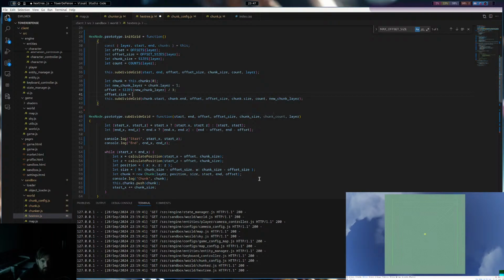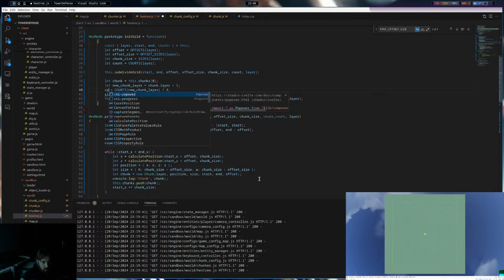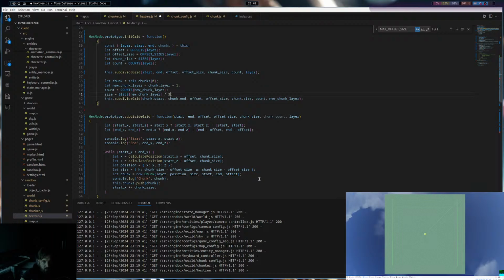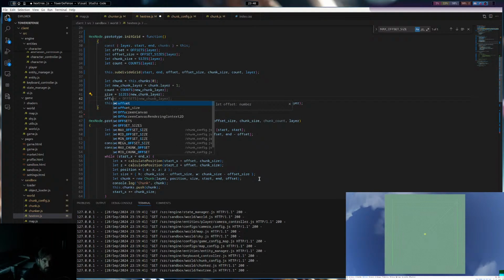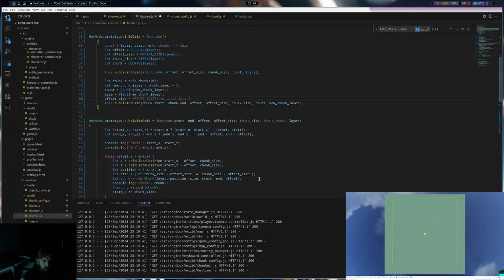Offset size, counts, sizes, we actually need to say size, count, and then offset size equals sizes divided by 3, because we're gonna subdivide this thing.